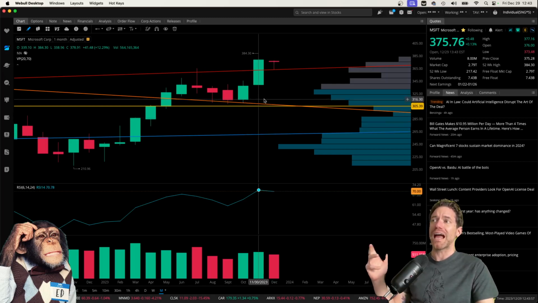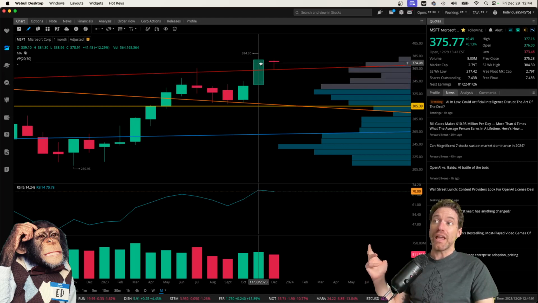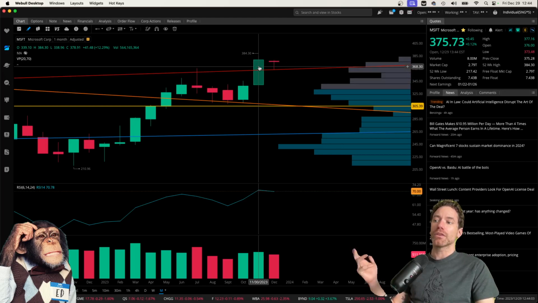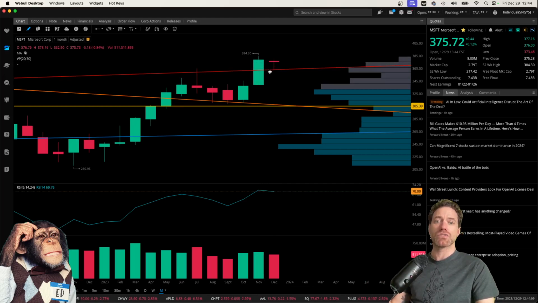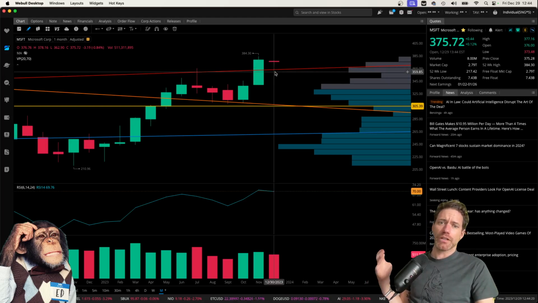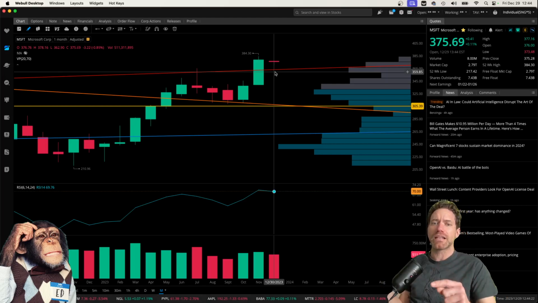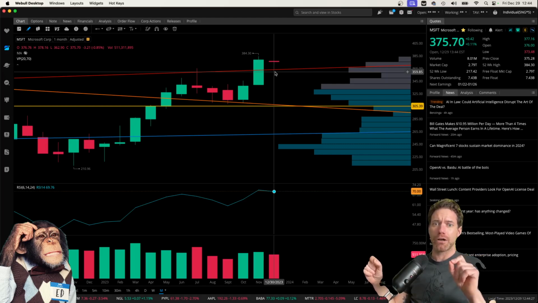Basically, in the last video, I had suggested that I would like to see a pullback following the month of November, this green candle, to get a test of this red line as support, and get a bounce. It looks like that's exactly what we saw in December: a retest basically exactly to that line and a bounce. That might seem fairly bullish, but if we look on the daily time frame, which I will do in a second, it might actually look pretty bearish.